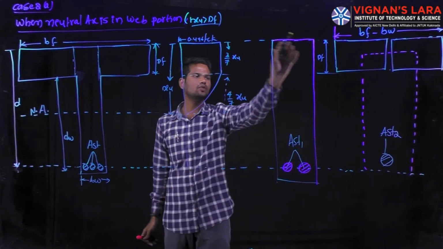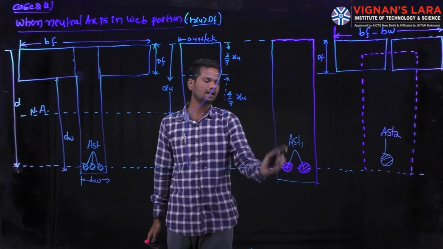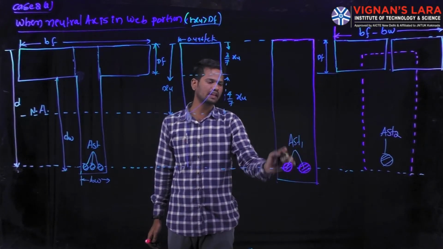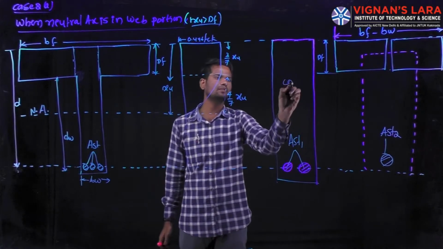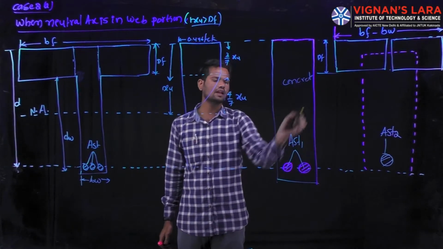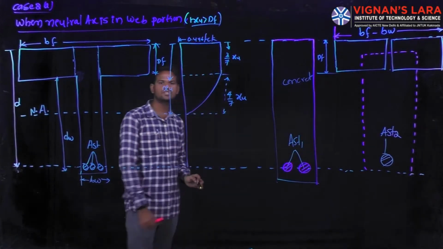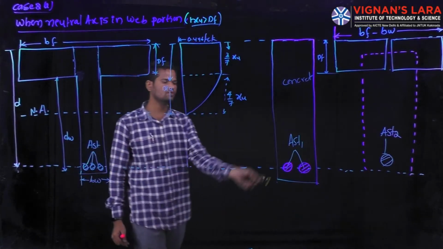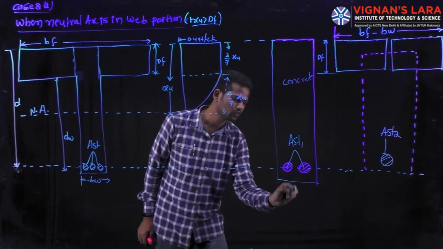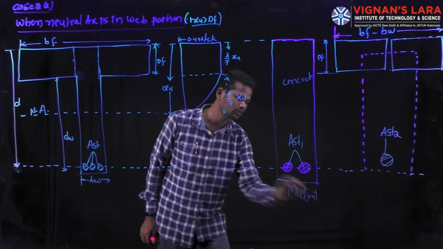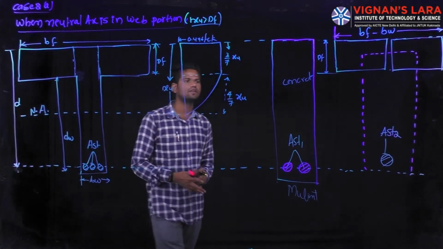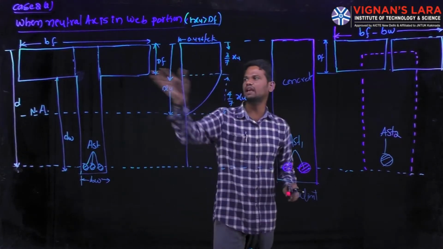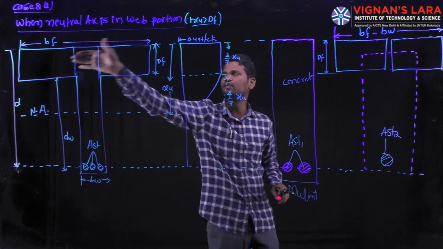That singly reinforced beam, the same beam I am considering here. I am taking this area of the steel bars here, and this is the concrete portion. Here I am providing concrete as well as the area of the steel bars in the section. If you see here, this is the limiting moment of the section, Mu limit. For this limiting moment of the section, again here we are having the flange portion.